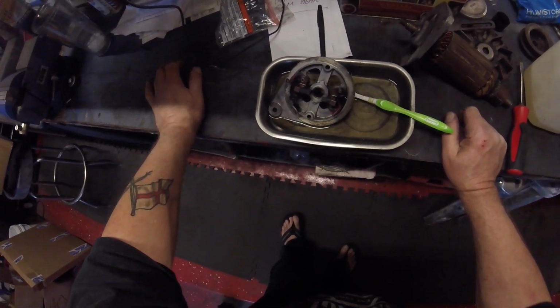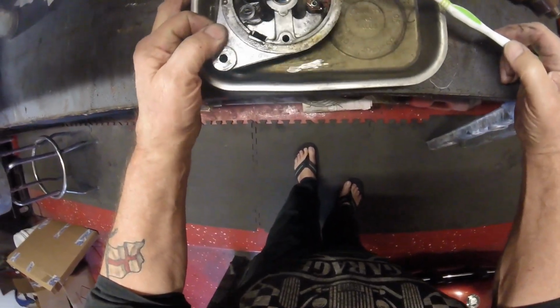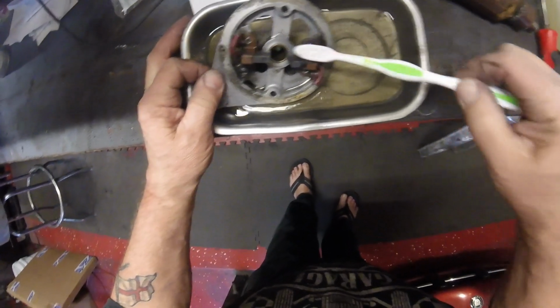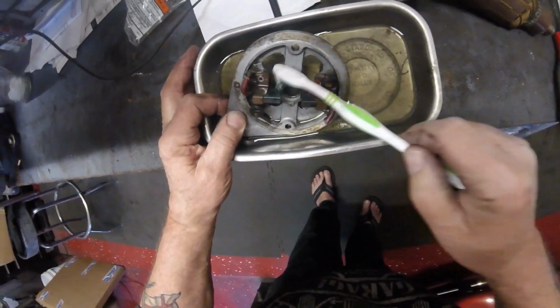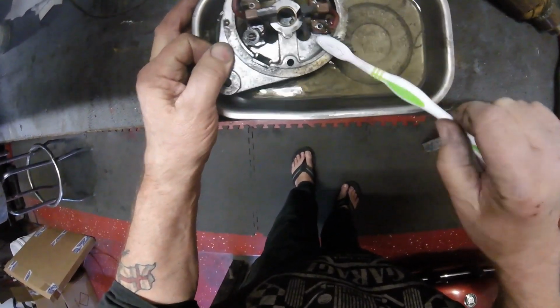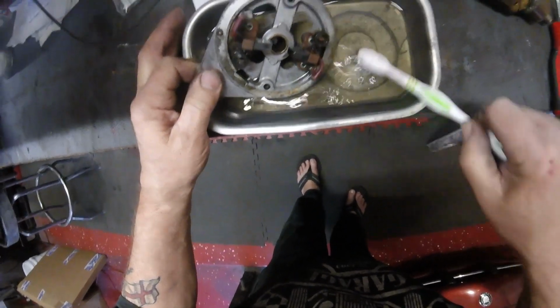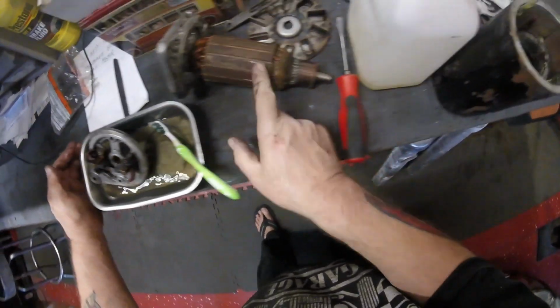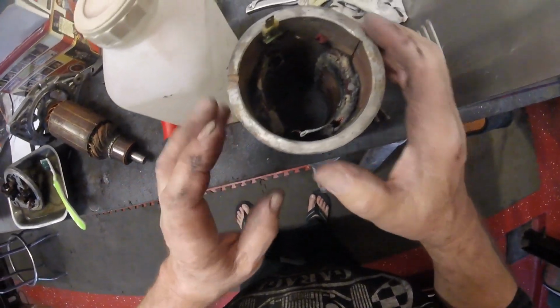It's clean-up time. Just cleaning up the insides here with some gasoline. I know it's not meant to be a cleaner, but it is extremely good at cleaning. I won't say I recommend this because then I'd probably get sued, but it works. Then we've got to clean this up a little more. And in here,